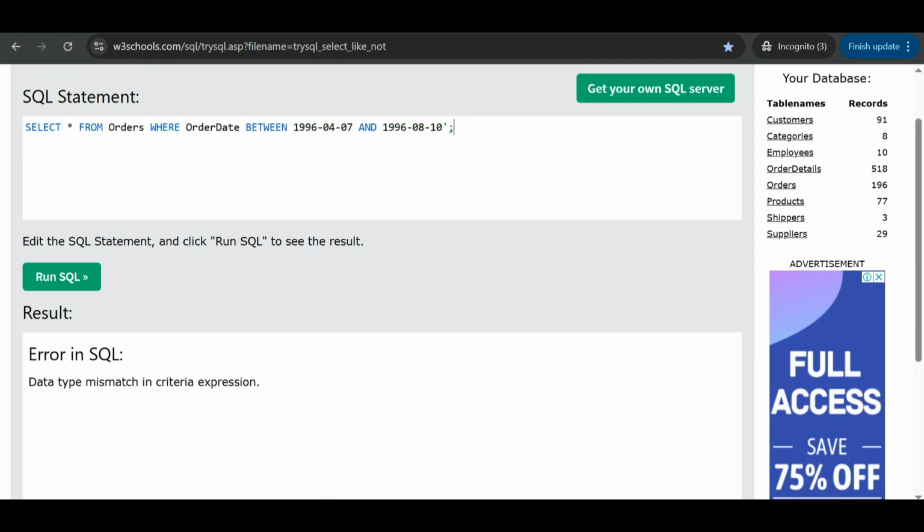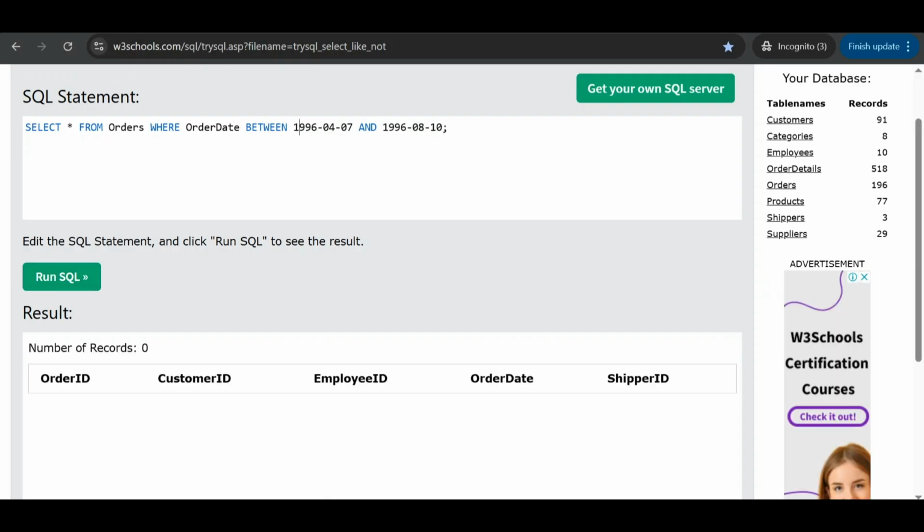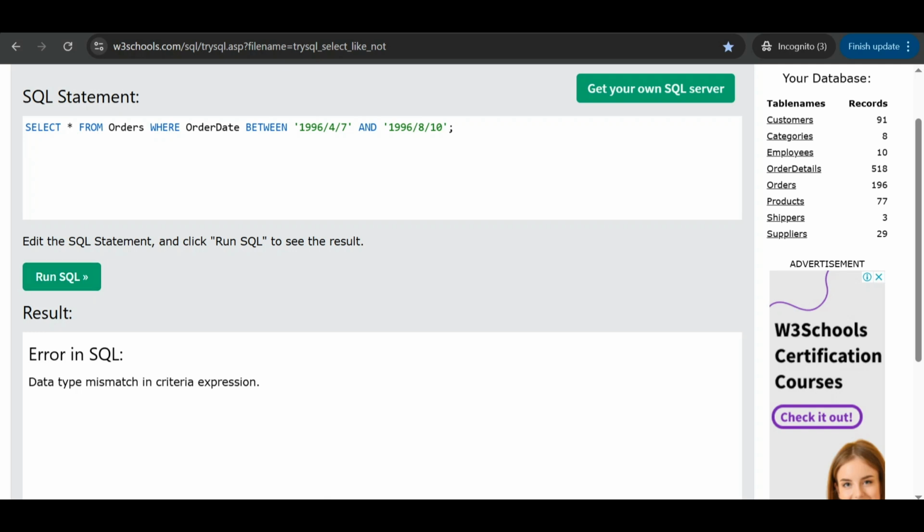What about not using the string format? Oh, maybe this is unmatched with the data type. What about this format? Oh, it's also not acceptable.